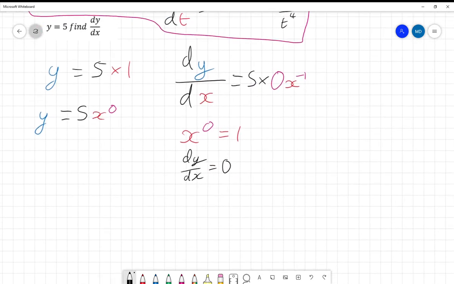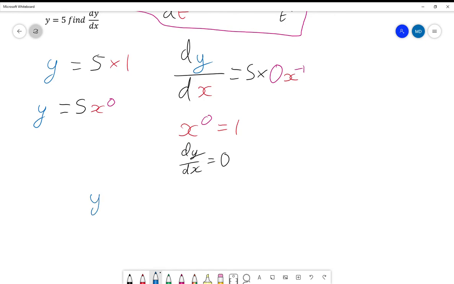But a lot of people at this point just go, well, if y is equal to some number, just some constant, we'll call it c, then dy by dx equals 0. A lot of people just like to think of it as a rule. If this is just a number, then you just get 0. Okay,